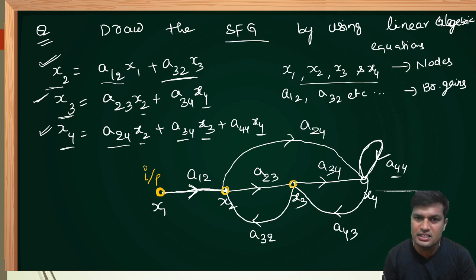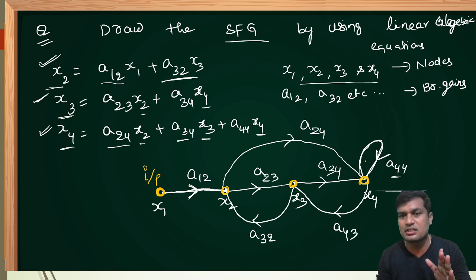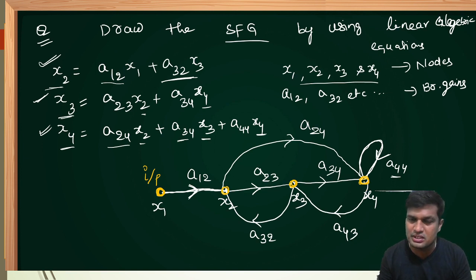And x3 is one more node. For this it is incoming, outgoing, incoming, outgoing. It is also a combination of both incoming and outgoing. This is also called a mixed node. But let's move here. This node is incoming, incoming, incoming. A self loop, always please consider it as incoming, right? Don't ask doubts here. I will explain some more things. Please concentrate some more time. I will give you clarity. It is incoming, incoming, incoming, but this is outgoing. Therefore, it is also a mixed node. In this signal flow graph, only the first node is the input node, the remaining nodes are mixed nodes.